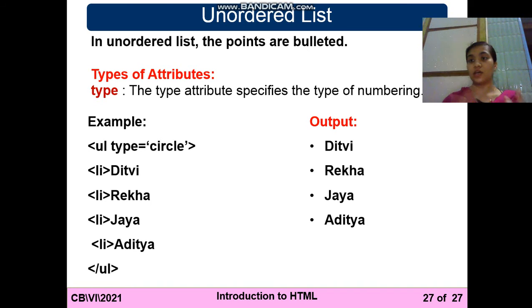First you can write circle also. If you are not writing any type, then it will become black dots, you can see here. Okay, a circle will not be completely filled black, it will be only a circle without the filling color. Okay, so these are the types of ordered and unordered lists. Attributes of OL, the ordered list, are two: first is the type, second is the start. Unordered list has only one attribute, that is called the type.